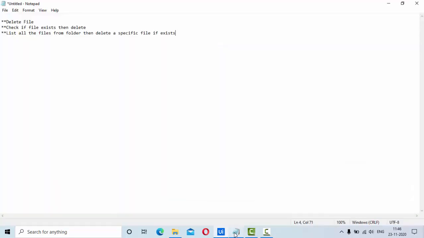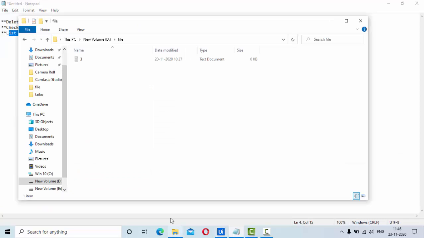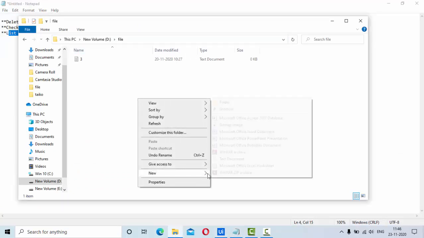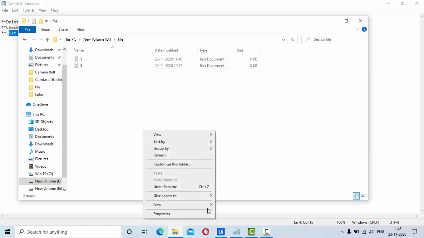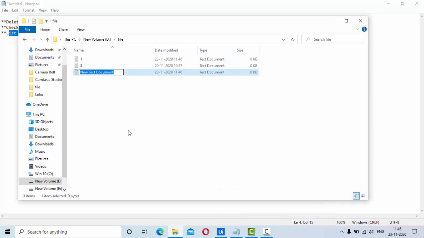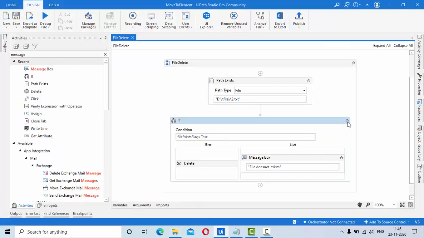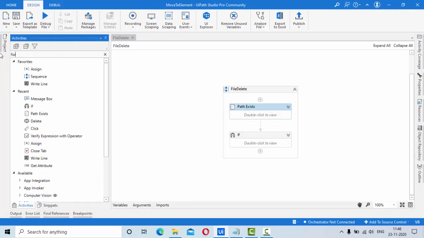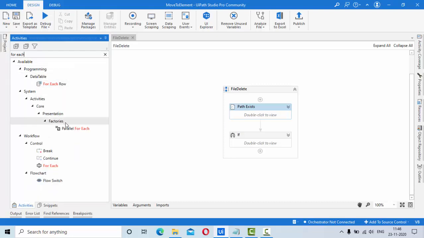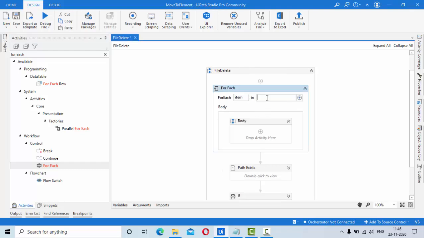That's good. Then I had one more doubt, like I have the folder here. From this folder I am taking each and every file, right? So instead of that, what I'll do is list all the files from the folder, then I'll see if 2.txt is available or not. If 2.txt is available, then I'll try to delete that particular file. In order to do that, I need to use something called a for each loop, so that I can loop through each and every file.